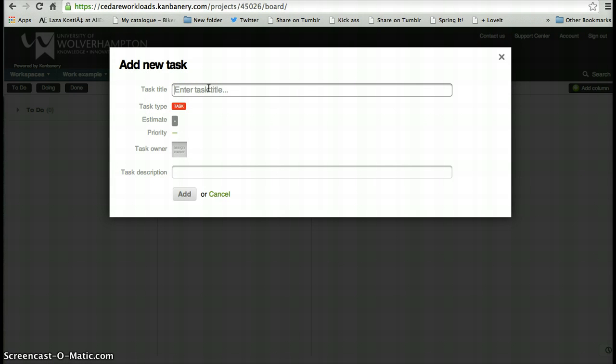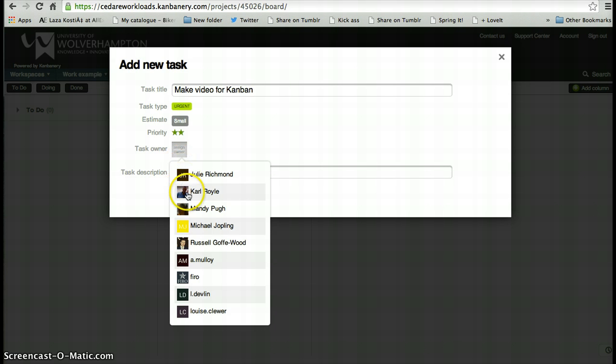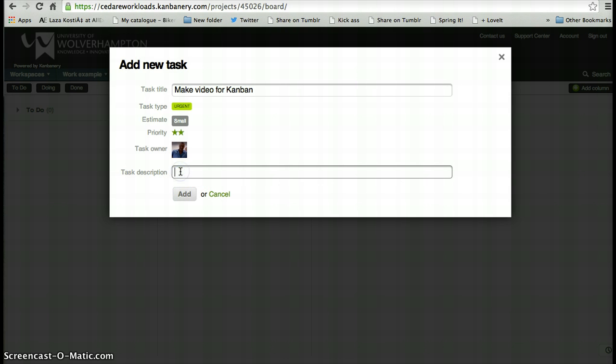So, for example, my task today will be make video for Kanban. I can choose a task type and I can add to these. So I'm going to say this is quite urgent. I can estimate how long it's going to take, so it's quite a small task. I can give it a priority, a couple of stars. I can assign it to an owner. So I have all the people that are on this board in this workspace, so I'm going to assign that to myself. Task description is make a video about